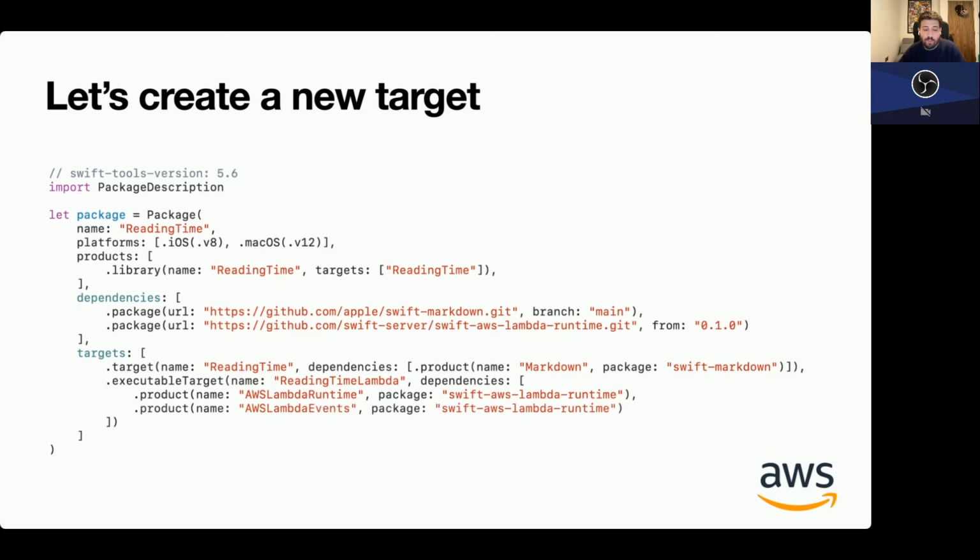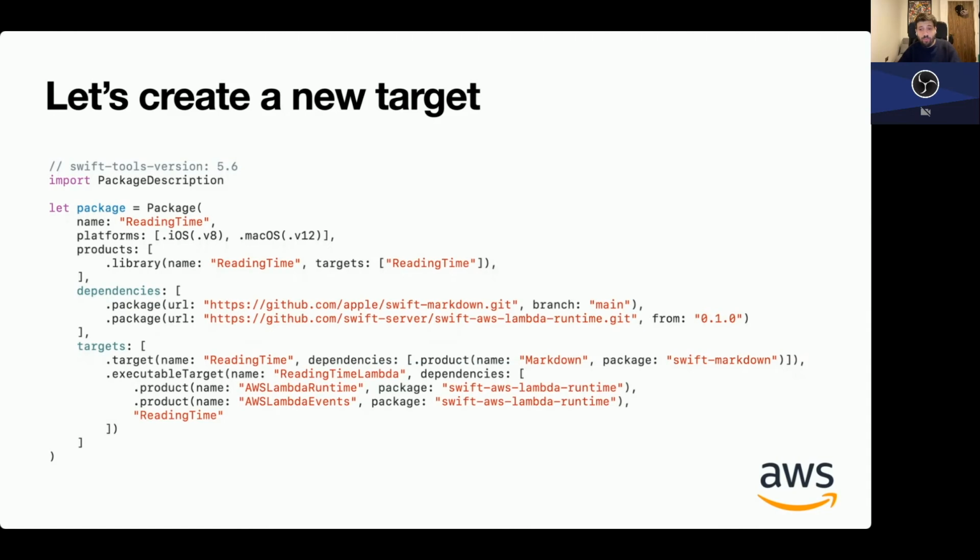And then some AWS Lambda events, which will let me react to data and triggers that wake up the Lambda. So my plan is to put an HTTP API gateway in front of my Lambda. So every time a route gets called, every time a REST request gets made, the Lambda runs, and it runs Swift code. And yeah, finally, we imported reading time as well, because that's the core of our logic. That's what we want to run. And we're ready to write some code.